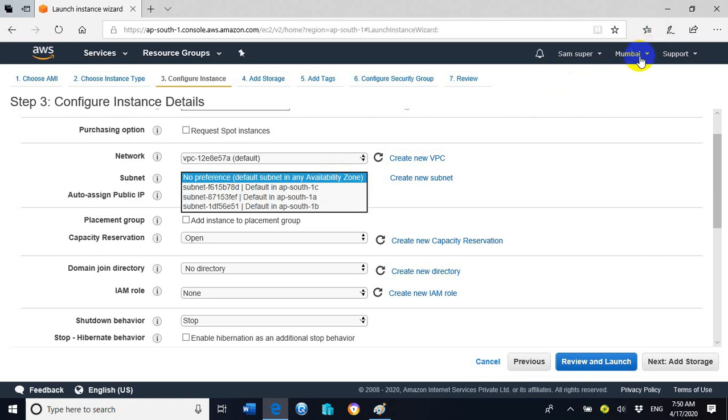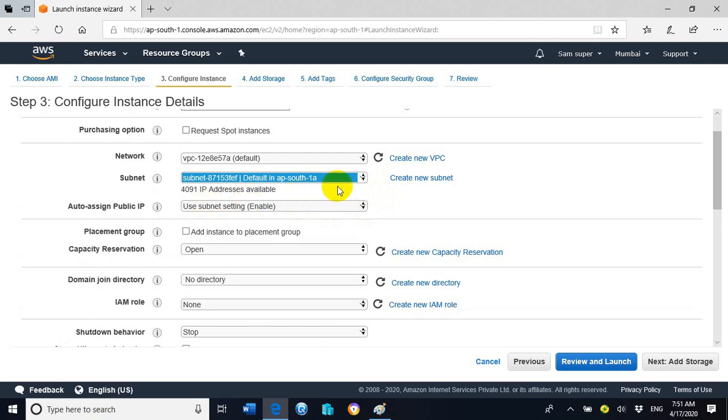Every region has 3 availability zones at least. So in the Mumbai region we have 1A, 1C, 1B. So I can choose any one of them to place my EC2 instance. So for the time being I will select 1A.